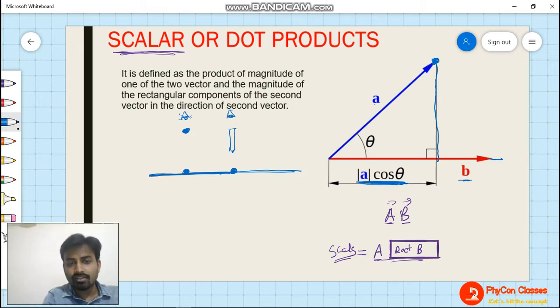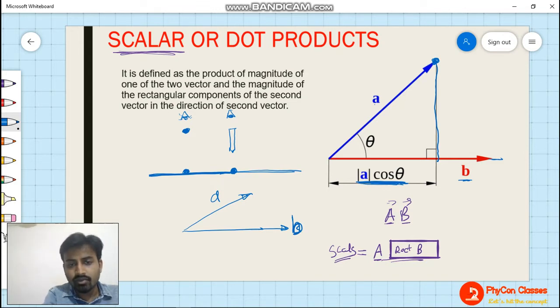Understand? So the projection is going to be something that is forming an image or shadow onto the screen when you are looking from the other side of the screen. Clear? Now for this particular thing, let me draw this vector A again. Vector A, this is vector B. Now we have to plot the projection of vector A on B.